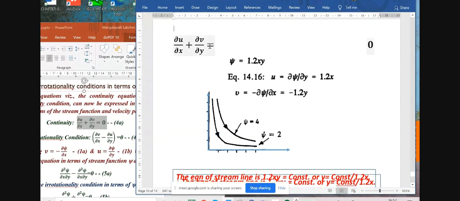So here it will be 0. So the flow exists. Now what you have to do is,